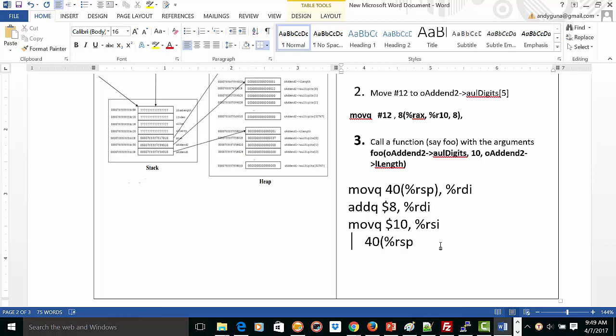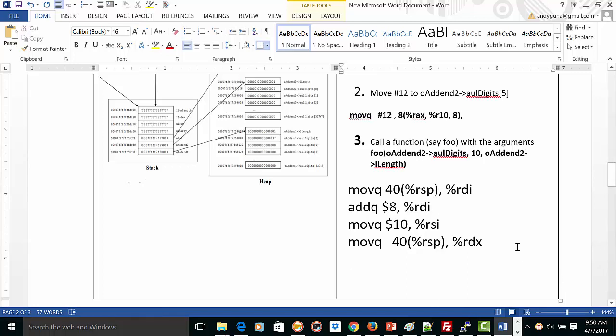Since I'm going to use the register RDX for the third argument, I'm going to say move Q for the RSP, which referred to the address of OADN2, which is this one here. This is also the address of the length. So I can't dereference that directly. So what I will do is move this to RDX, which is my argument 3. And then RDX now gives me this address,